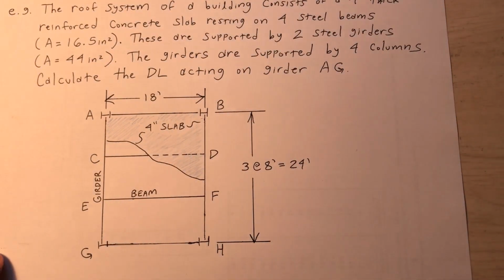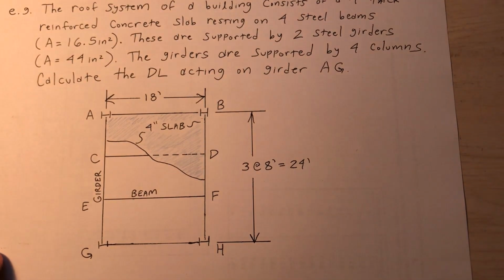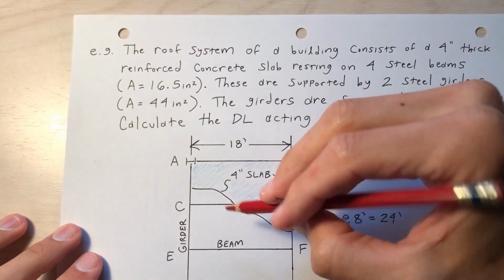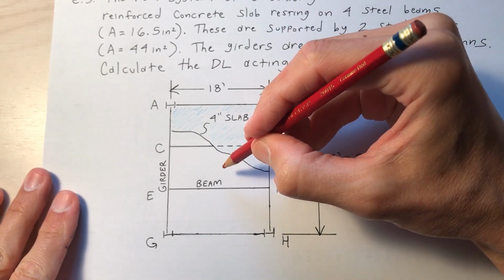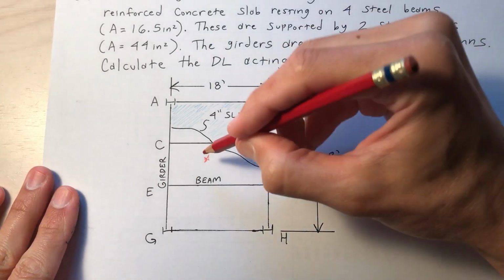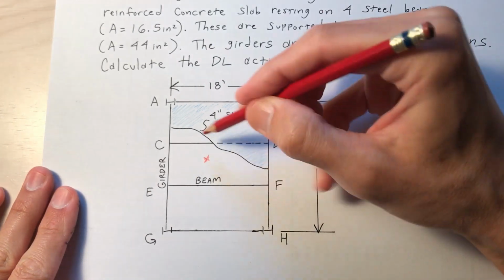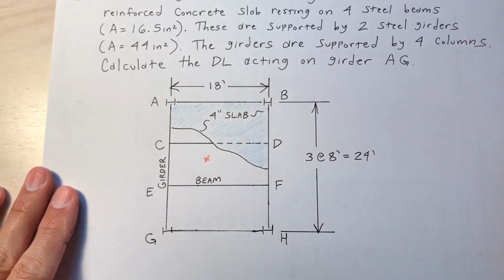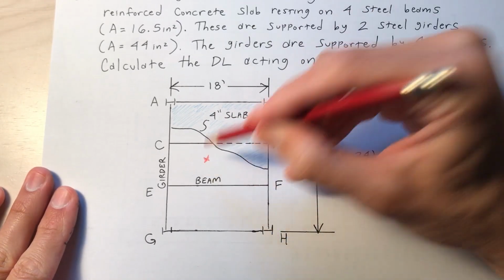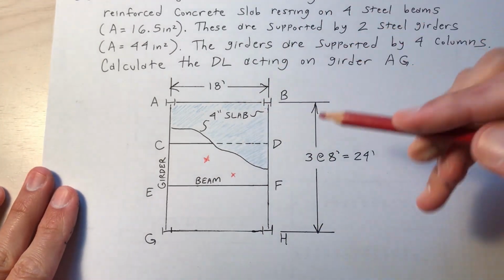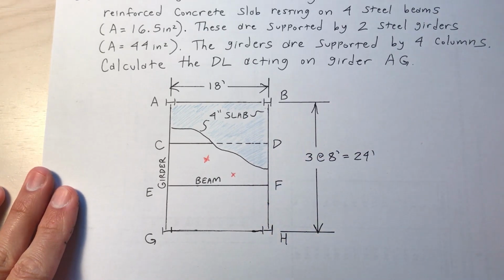Okay, so the tributary area is the surface area that's feeding into a particular member. So if I want to analyze CD, imagine if someone were to set their foot on this portion of the roof where you see the X there. The X is closer to beam CD than it is to EF. So that means that CD, we would assume, is carrying the weight of the person's foot that's acting on X. But if the person sets their foot over here, well, now they're closer to EF, so beam EF would probably